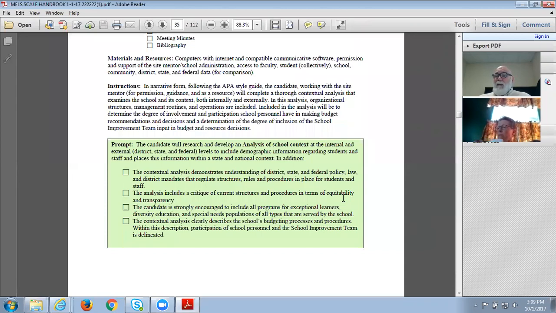It doesn't do any good to develop a school improvement plan if you don't put the budget resources behind it. That's why we're having you assess the input that the school improvement team has on the budgeting process, to see if they actually have a voice to make sure that the school improvement plan gets funded.